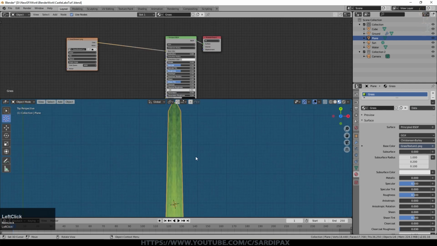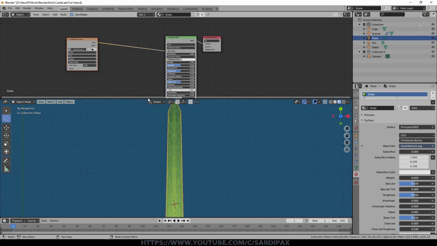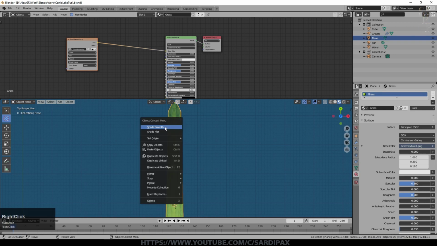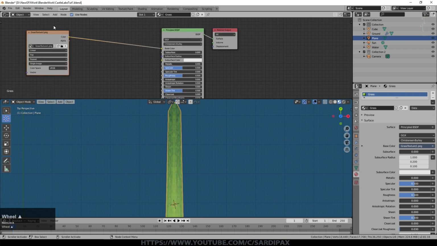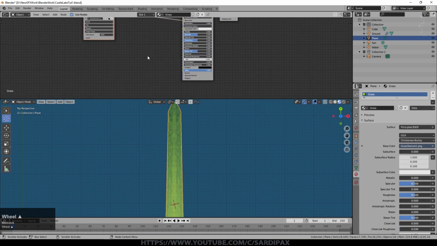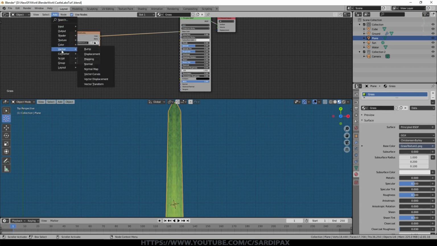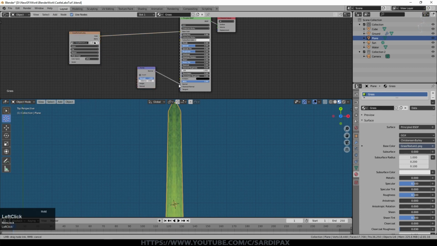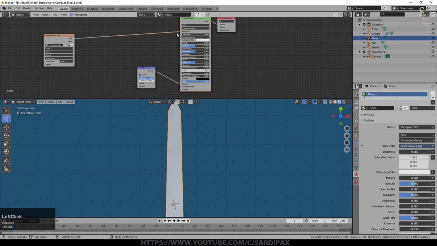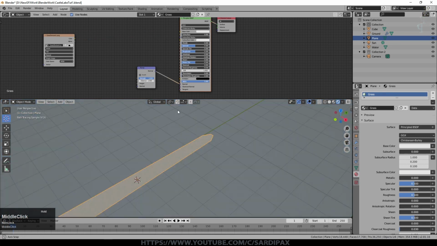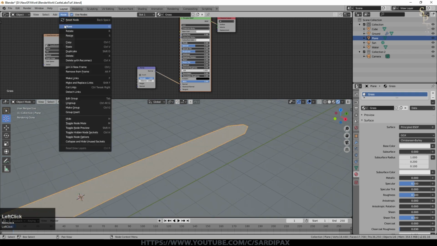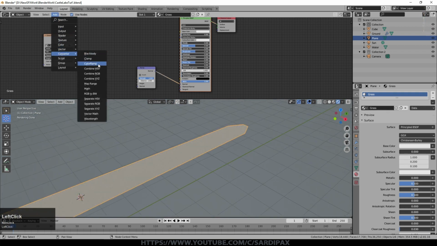And there are various ways now to add a little bit of surface texture to the grass so it's not completely smooth. Speaking of that, I'm going to just select shade smooth on this grass. So for this one, I'm going to do it slightly differently than I did before. Let's use a bump map. So let's go to vector, add a bump node, drop that into the normal. I'm going to take off the color at this point, and I'm going to go to rendered view and just look from one side.